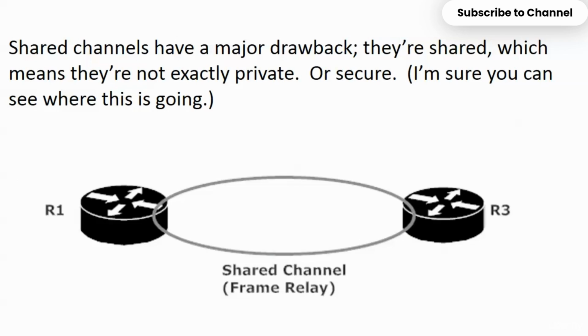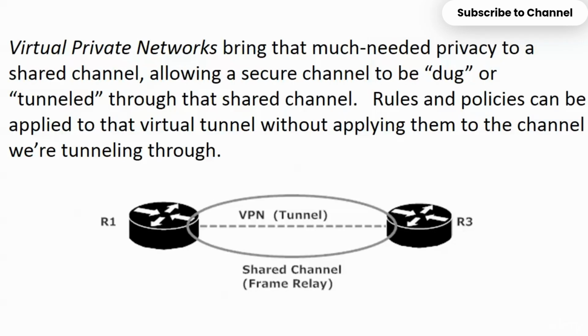But before we proceed with that, remind me from your CCNA studies, if shared channels aren't exactly private and aren't the most secure things in the world, why do we have them? Cost, because they're cheaper. And we can't have VPNs between every endpoint in the world, but sometimes we've got routers and communications that need to be a little more private than we've got a chance to have over a shared